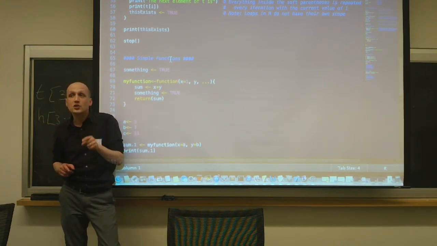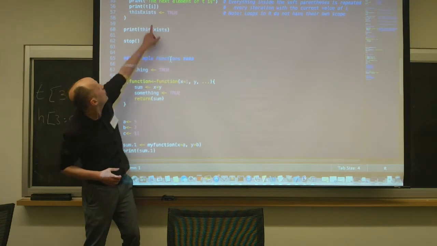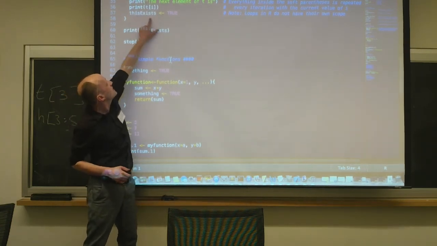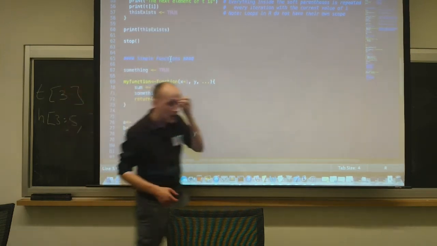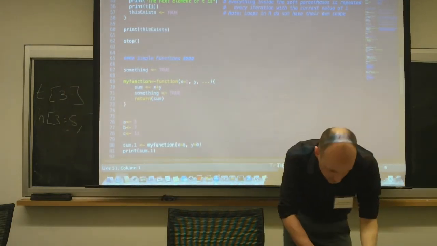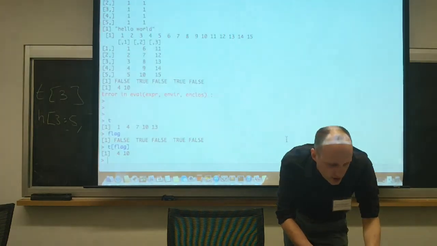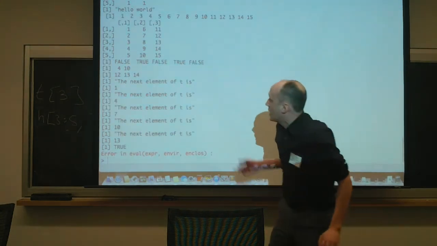The only strange thing, for those of you who've seen looping in other languages before, is why do I have this? Anybody want to tell me why it's interesting that if I set this exists equal to true inside the for loop and then ask what it is, when I run this code, let's see what happens. This is really quite an aside, but it's worth starting to think about in R. I source in my code. Here was the loop.